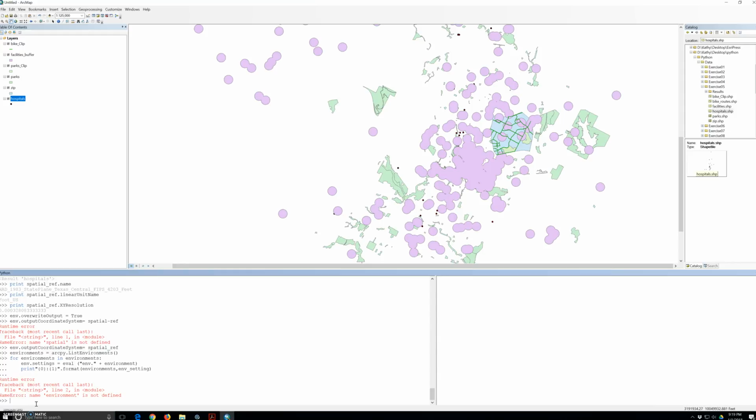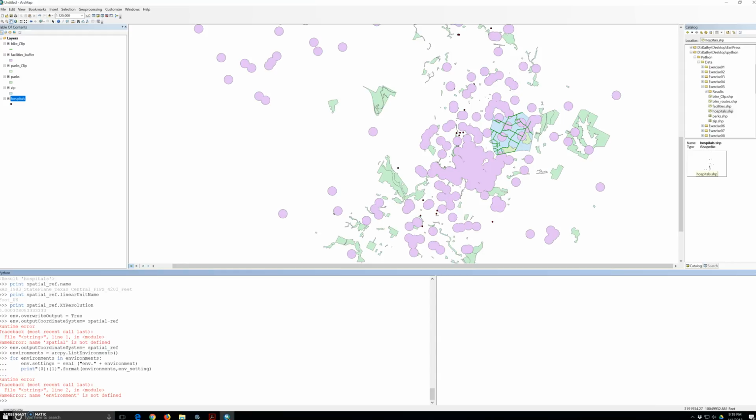In this case, the function returns a value that represents the particular environment setting. So the for loop iterates over the list of environment settings, and they are printed in the Python window. New precision single, auto commit is 100, XY resolution is none, X domain is none, and workspace it will tell you, and we can clearly see that